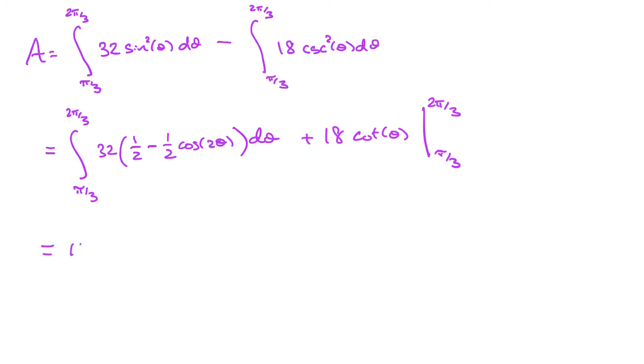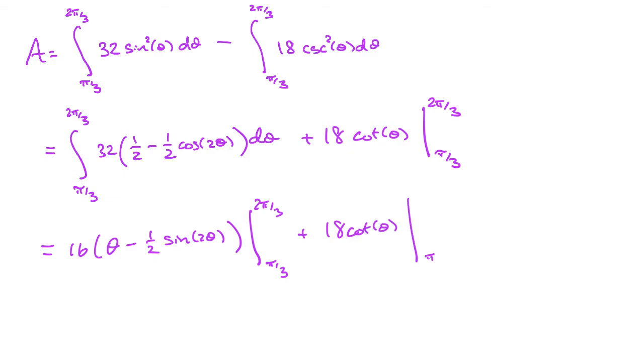So we have a 16 times theta minus a 1/2 sine of 2 theta with limits between pi over 3 and 2 pi over 3, plus an 18 cotangent of theta running also from pi over 3 to 2 pi over 3. Well, plugging our values in, what we find for the first integral is